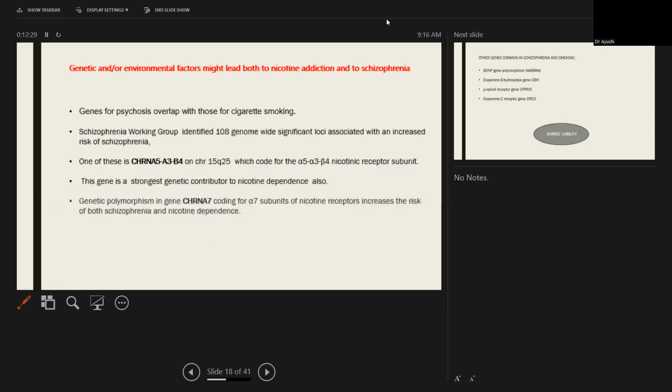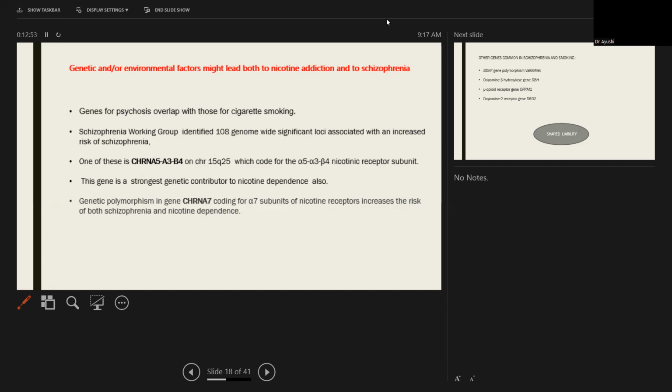Now, the next theory is that genetic or environmental factors might both lead to nicotine addiction and schizophrenia. So this says that genes for psychosis overlap with those of cigarette smoking. The Schizophrenia Working Group identified 108 genome-wide significant loci associated with increased risk of schizophrenia. One of these was